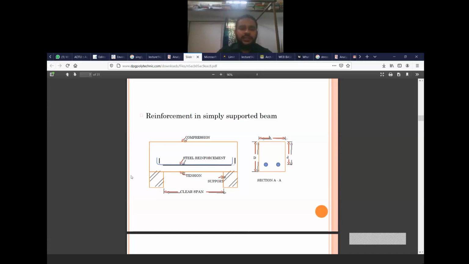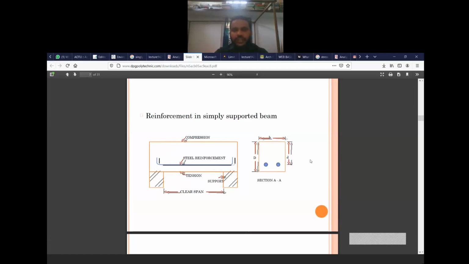So this figure, is it the top view or side view? From which side, if you see the beam, will you see this figure? From the top, from the bottom, or from the side? Front or side. Okay, if you see from the front, then you will see this figure. You can see the steel here, you can see the supports, you can see the distance.